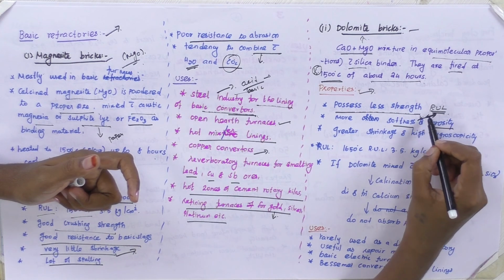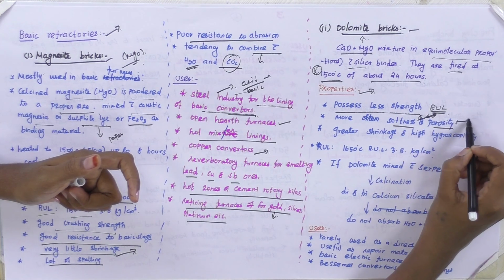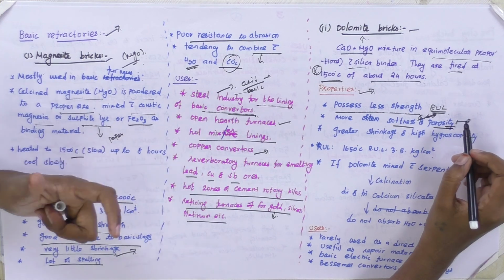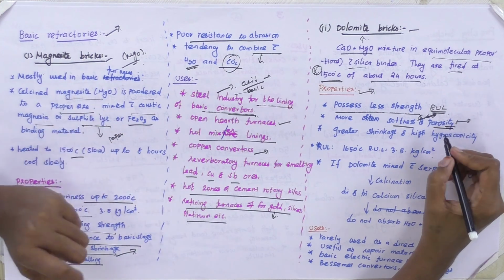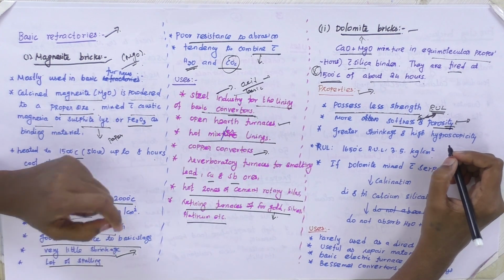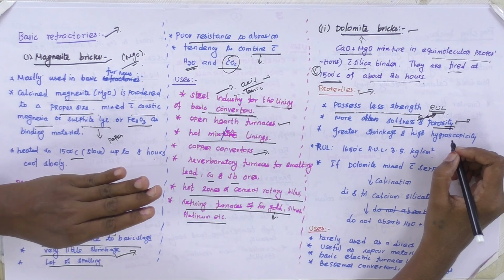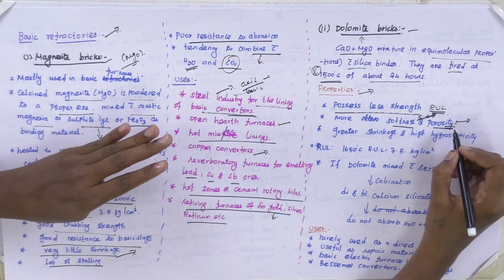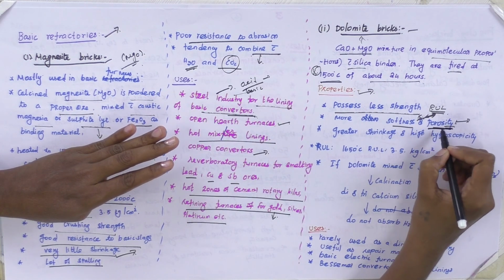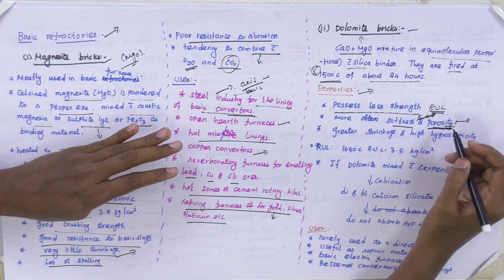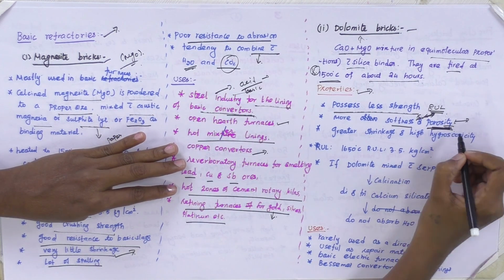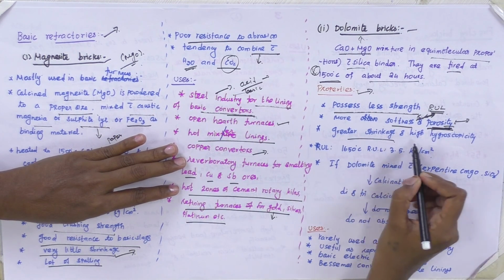So in this regard we can correlate it, and also we have to check the porosity. A good refractory must have low porosity, but in terms of insulating or conducting refractories, a high level of porosity is accepted. But we need to check where we are going to use this dolomite bricks. So in this regard it has a low porosity, and also it has a greater shrinkage and higher